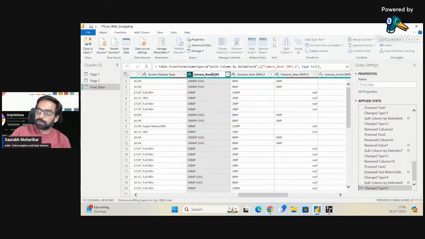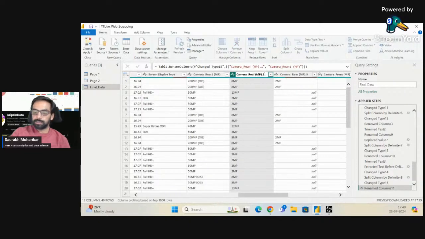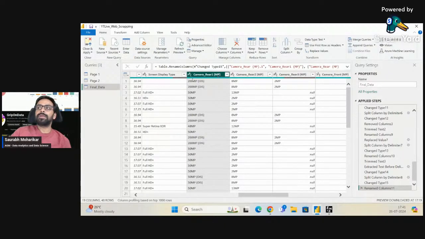underscore one, right, underscore one, अंडरस्कोर वन मतलब पहला रियर, और प्रॉब्ली अंडरस्कोर भी जरूरत नहीं है, रियर वन, आई गो फॉर रियर टू, दिस इज माई रियर टू, है ना, दिस इज माई रियर टू, एंड दिस इज माई रियर थ्री, रियर वन, रियर टू, रियर थ्री। अब रियर वन में क्या करता हूं मैं, I do not want this OIS,